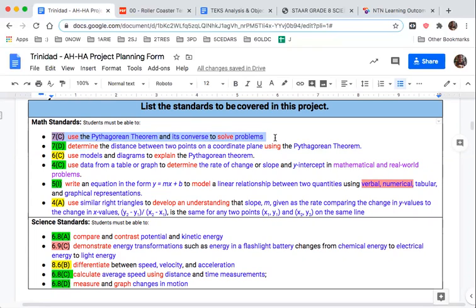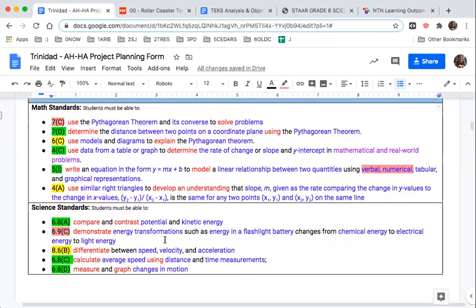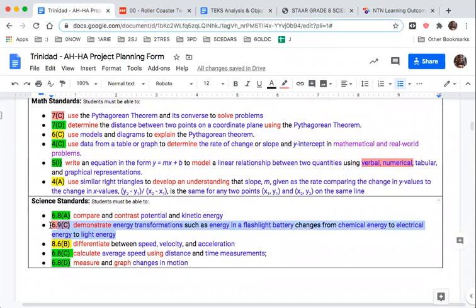I know from studying that standard that this is mainly about looking at a right triangle and looking at the numbers and trying to use those numbers to decide, is this a right triangle or not? That would not organically connect to this context. So I'm not going to necessarily put that in my rubric, but I'm definitely going to include that in the scaffolding of the project. Another thing I realized that I couldn't put in my rubric and do that standard justice